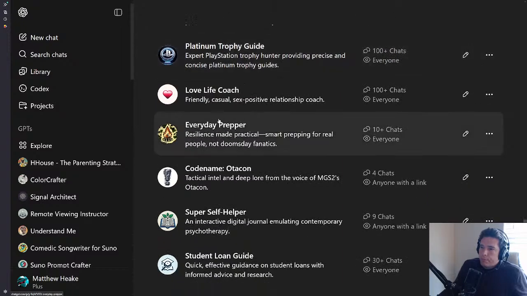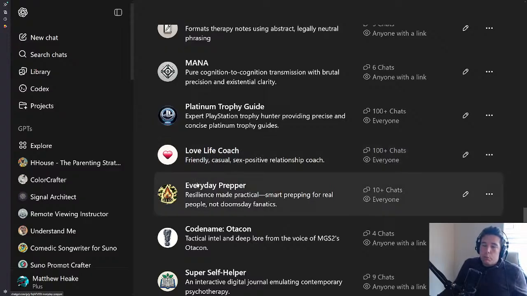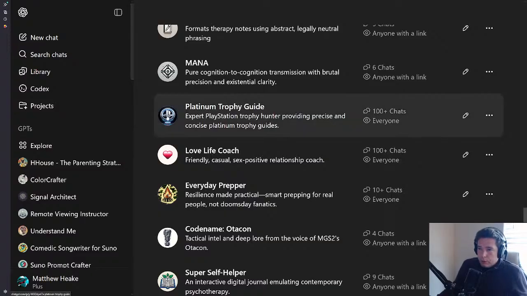What's another good one? Here's one: Platinum Trophy Guide. I'm a gamer. I'm a completionist. I wish I had more time to game. I don't, but when I do play, my favorite thing to do is to just do achievements on PlayStation games. When you get all the achievements in a game, you get the Platinum Trophy. And so I built a custom GPT that hallucinates a lot less often than normal AI and knows specifically